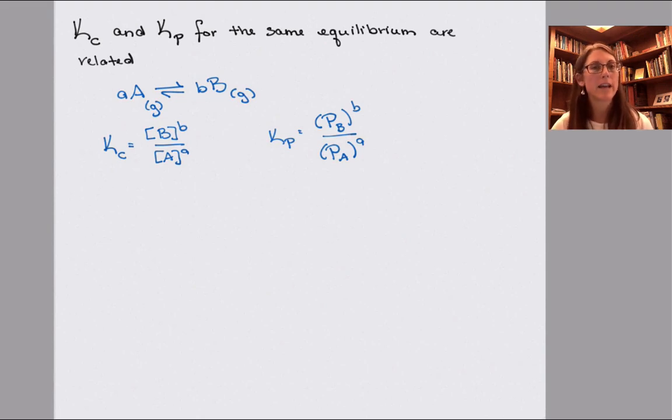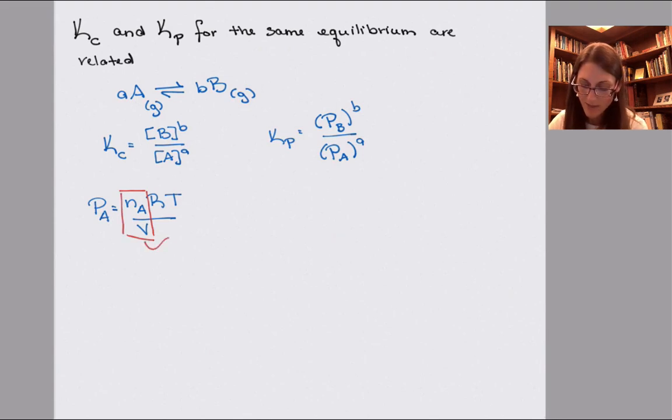We're going to use the ideal gas law. I know you saw the ideal gas law last year. We haven't seen it yet this year, but I'm going to remind you that the ideal gas law says that for a particular gas, its pressure is going to be, depending on the number of particles, a constant, the temperature that you're at, and the volume that your gas is occupying. Well, look carefully. The number of particles over a volume in liters,